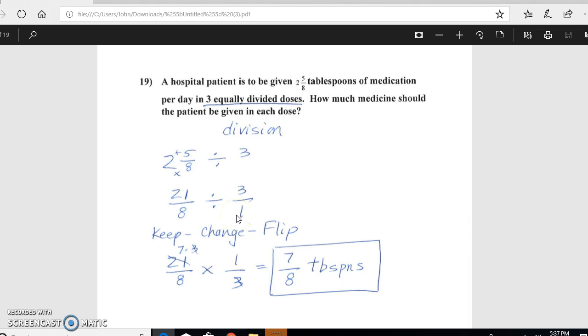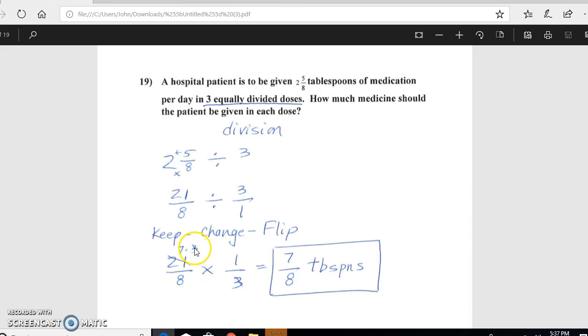The rule for division of fractions is keep, change, flip, which means I'm going to keep the first one the same, 21 over 8, change the division to a multiplication, and then flip the second fraction and make it 1 over 3. Now the 21, I can break that down into a 7 times a 3,